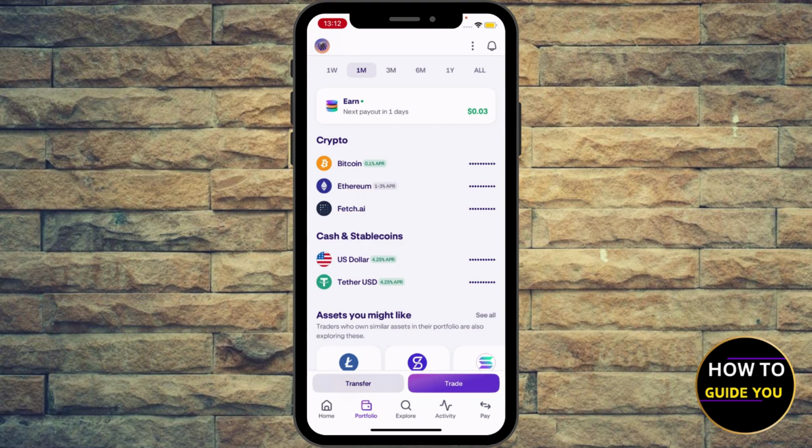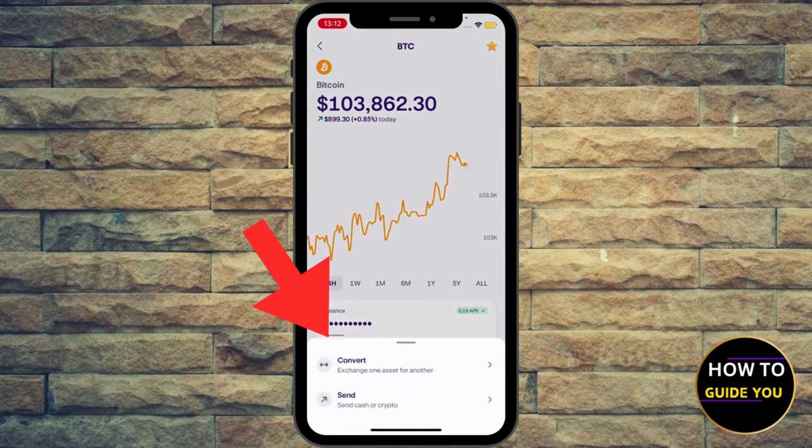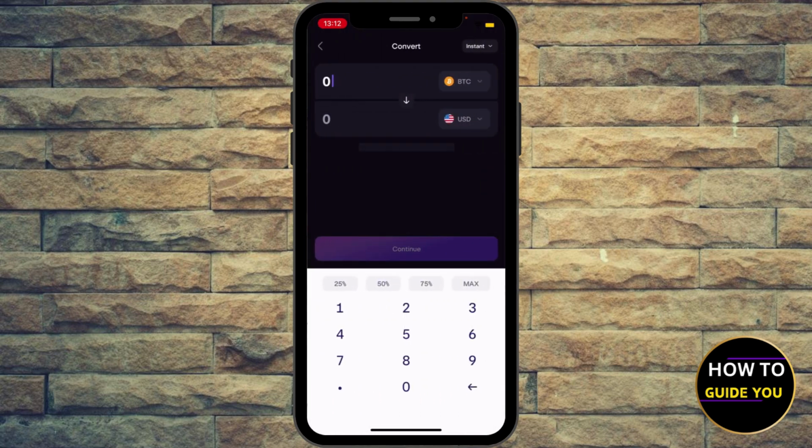Click the crypto that you want to convert, say Bitcoin. And next to that withdraw, you're gonna see three dots. Click on it and then convert this asset for another by hitting convert. And then you're gonna convert, let's say 25% of the Bitcoin to a USD, or you can click the USD